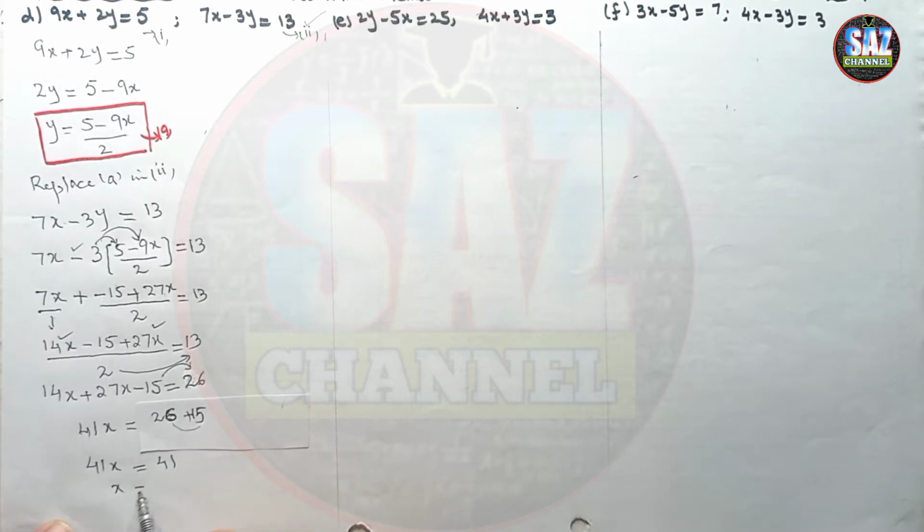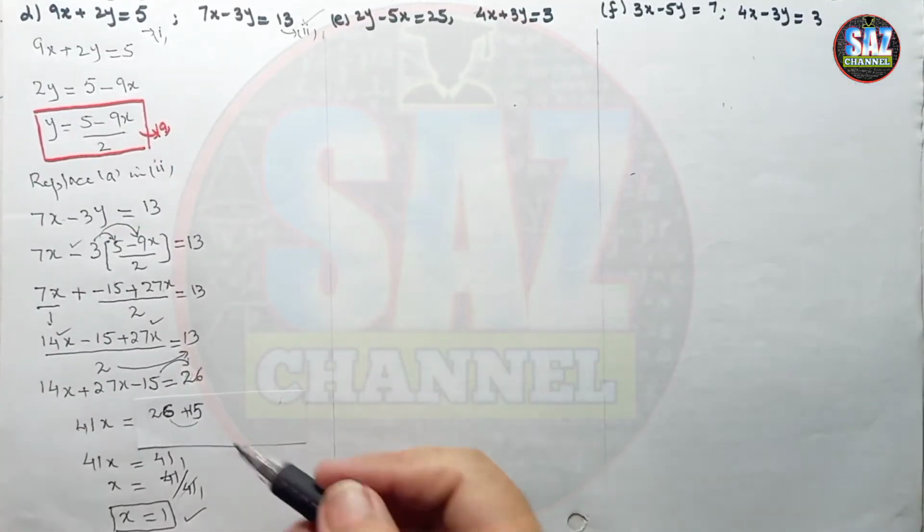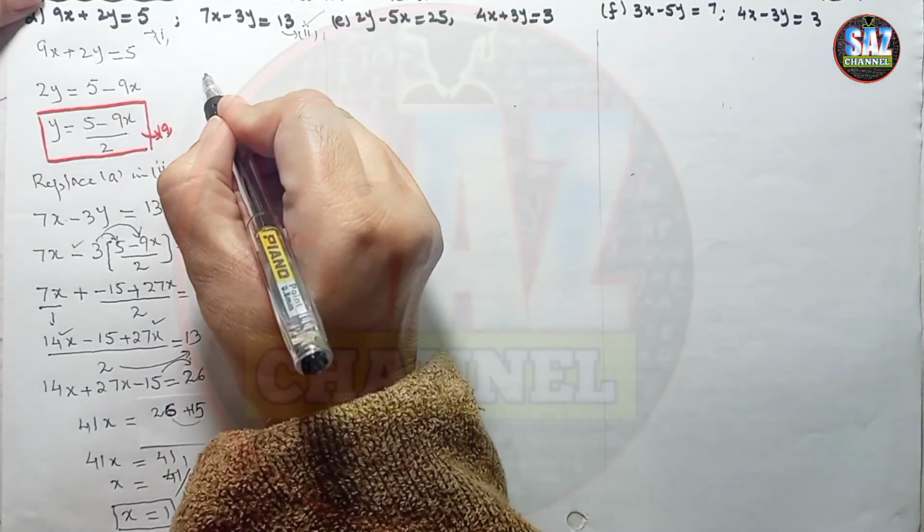So x equals to 41 by 41. 41 1 times will give me 41, so x equals to 1. So the value of one of the variable is x equals to 1, in order to get value of the second variable, replace x equals to